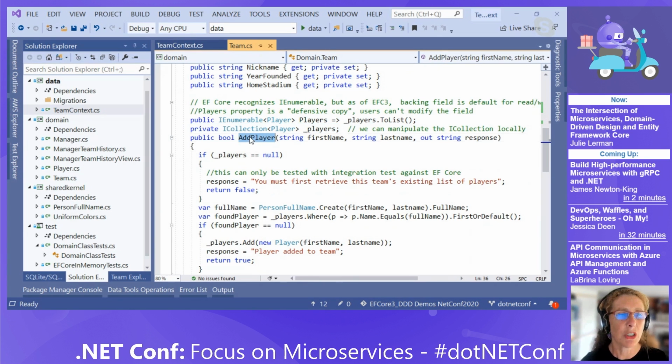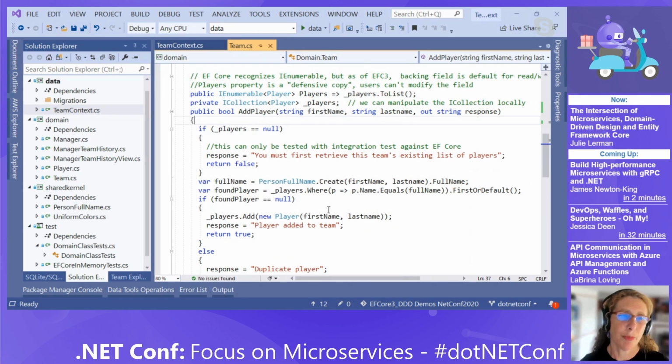And then remember, I said an important thing about defining your aggregate is that we do it based on behaviors, not just DTOs, right? Not setting and getting properties. So if you want to add a player, I've got some rules that have to be applied. I have some specific logic. So I've got this add player method. And what this does is just make sure that a player isn't already added to the roster. So we're just protecting it from that.